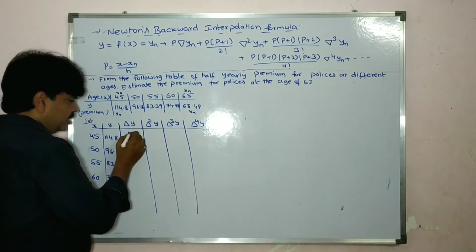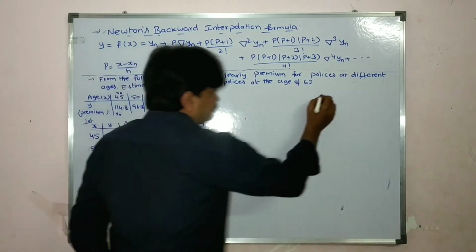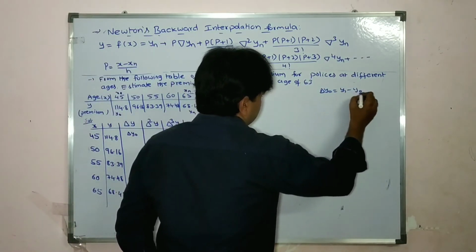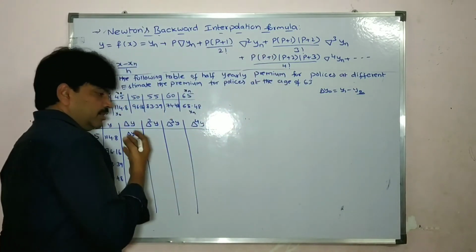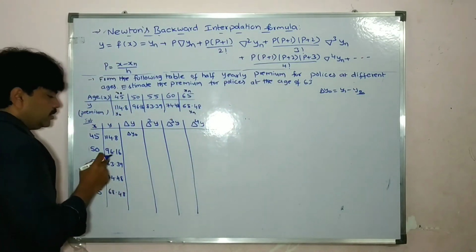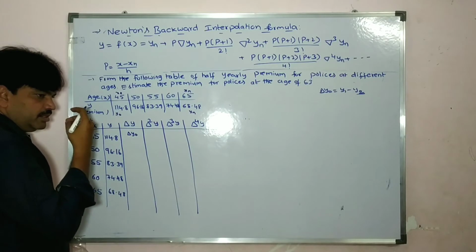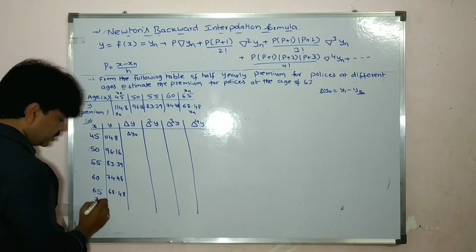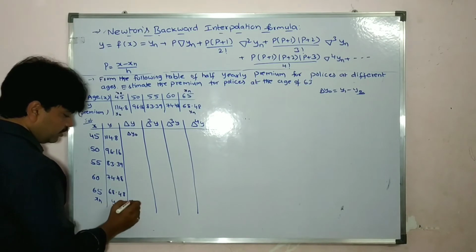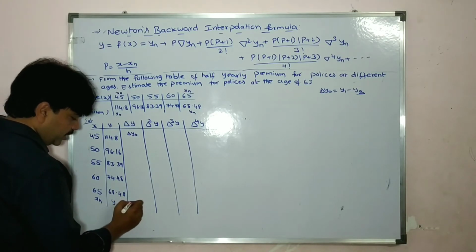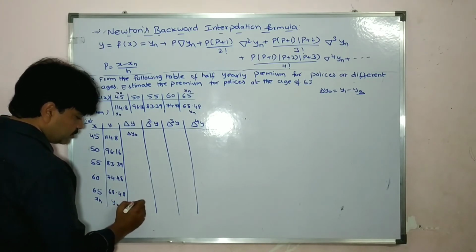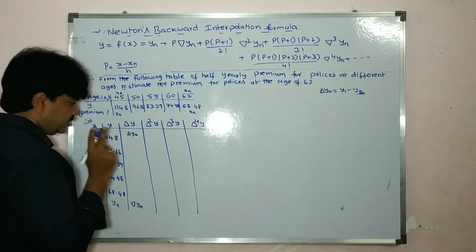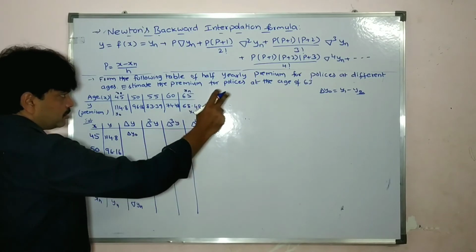Here we are finding del y naught. What is del y naught, students? Del y naught is equal to y1 minus y naught. This is the forward table, students. You first of all find the forward table, and then take the values from below. So this is xn, this is yn, and the lower value is del yn. Are you understanding here? Del y naught means y1 minus y naught.